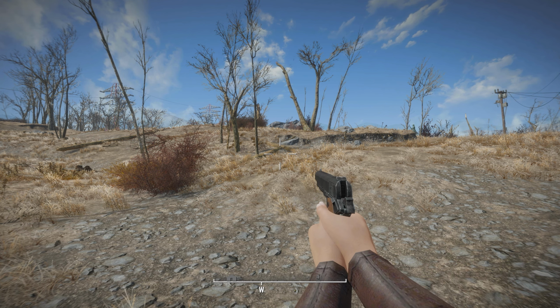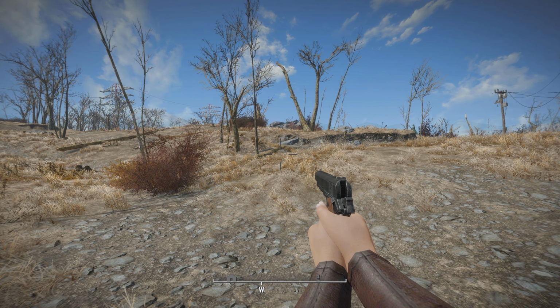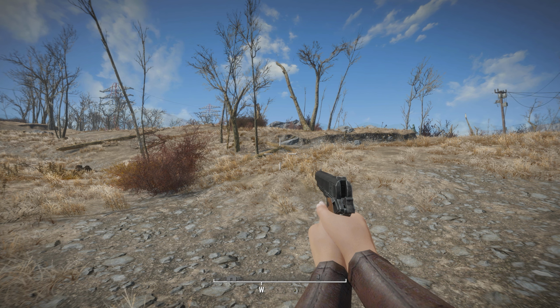Welcome back to some more Fallout 4 mods. In today's mod, we got this weapon currently hooked to my character's hands here. This is the Calvary Pistol. That's what it's referred to as in the game, but it's obviously a Colt M1911, which is a classic pistol,